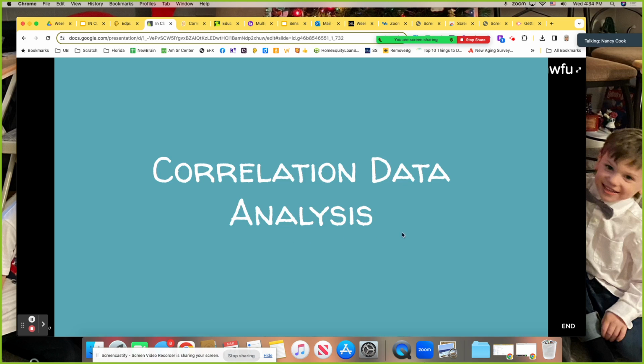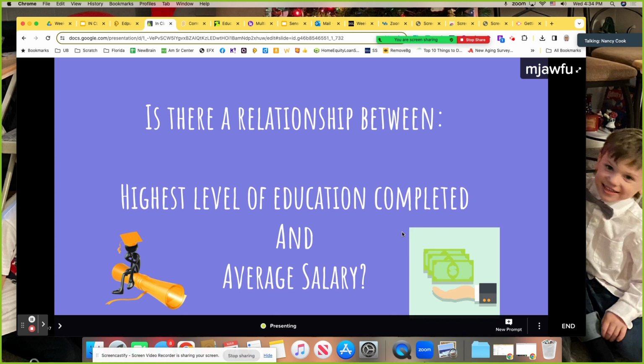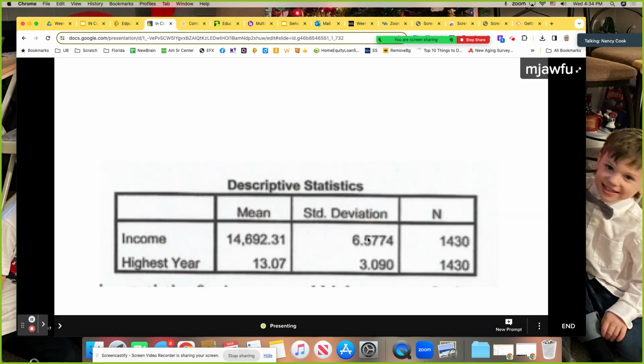So in a correlation data analysis, we're going to just look at this example here. In this example, we're going to look to see if there's a relationship between the highest level of education completed and average salary. So when we put the data into SPSS and ask for the analysis, the first thing it gives us is descriptive statistics. So here we have